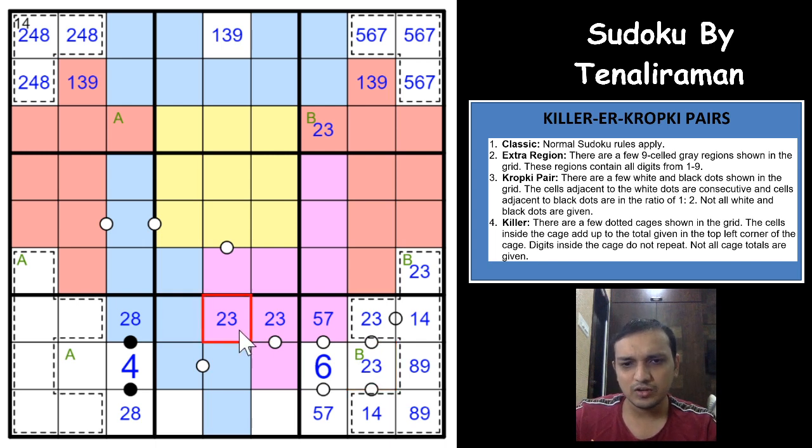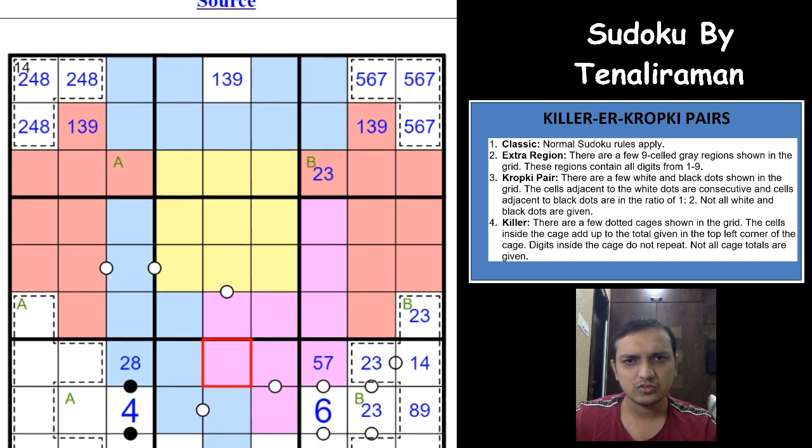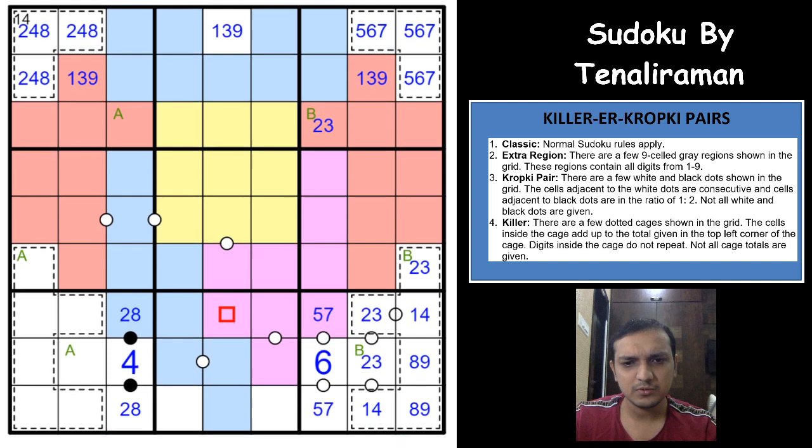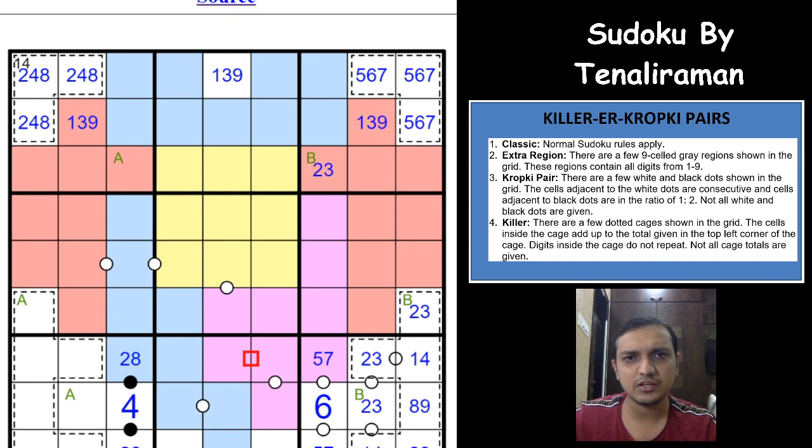Excellent. So one of the 2 3s will have to be in one of these two cells, the other 2 3 is here, right? Because of this and this digit being same, that digit will have to be in one of these two cells. So which means that you have a 2 3 pair in this row. One of the 2 3 is here and the other 2 3 will have to be in one of these two cells. So I will not mark that here, maybe, sorry, mark that with the border here. So one of the 2 3s will have to be here, or maybe let us just leave that here.